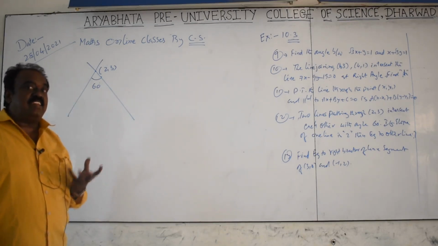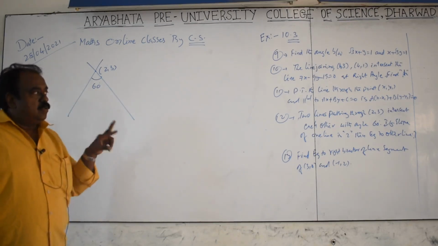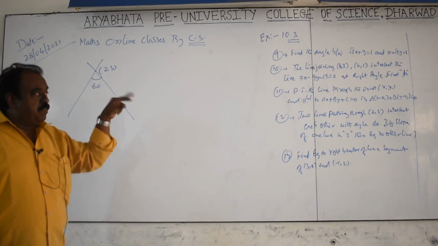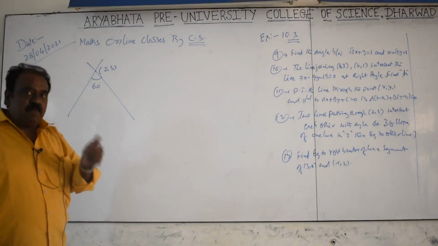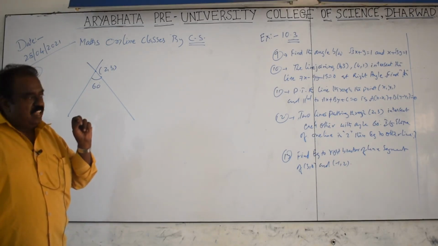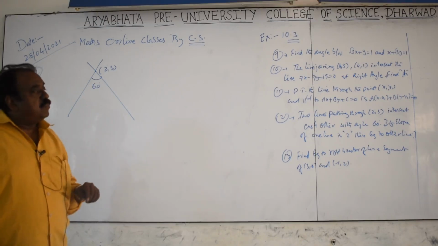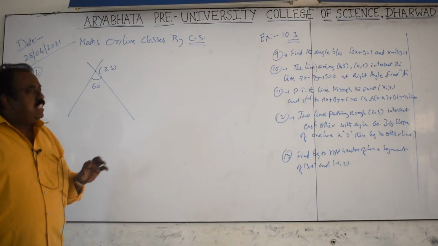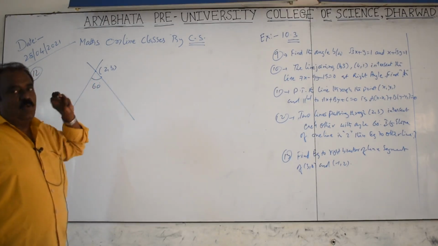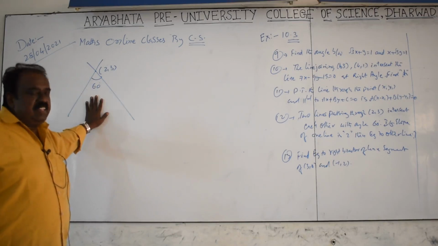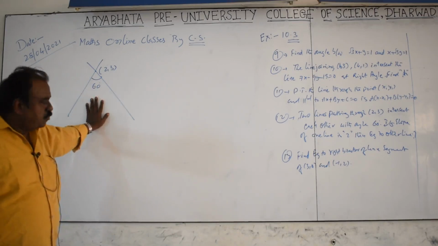You see, fantastic concepts. The two lines intersect at (2, 3) and the angle between the two lines is 60 degrees. That is the meaning. If you think, just a twist is there, you can understand. If that sentence is understood by you, then easily you can draw one diagram in your mind. If it is drawn, then the problem is very easy.